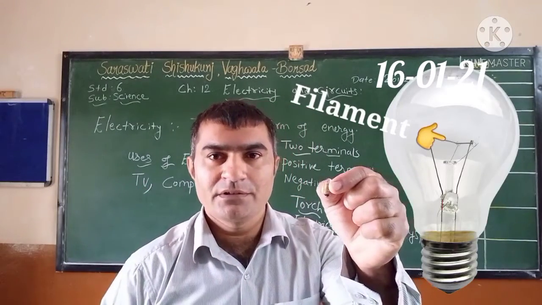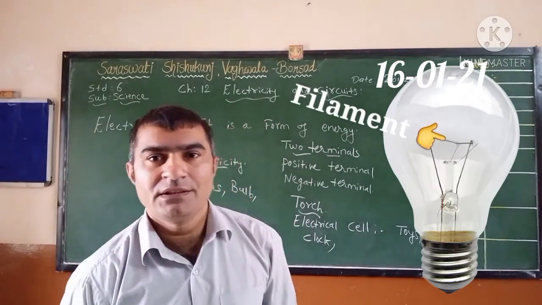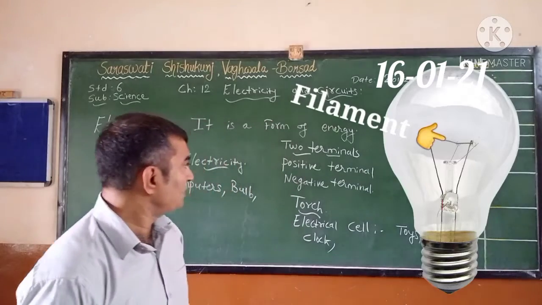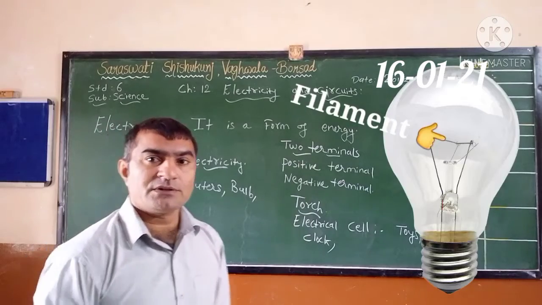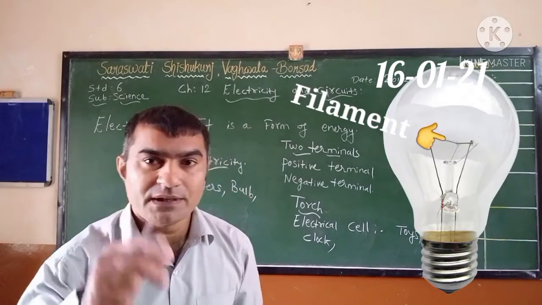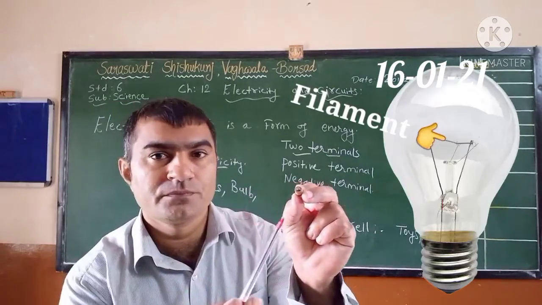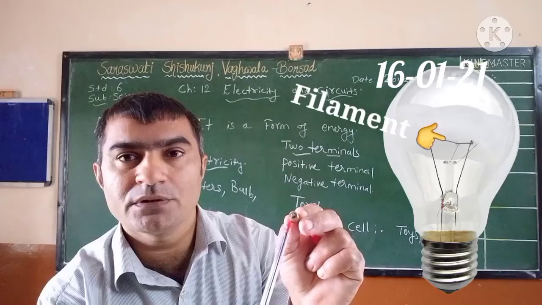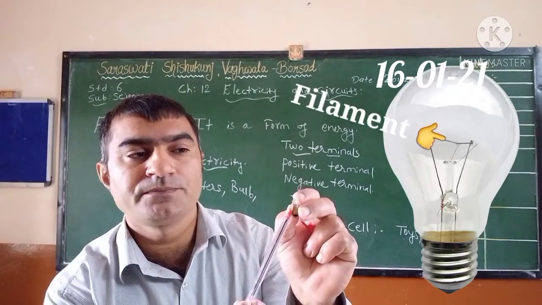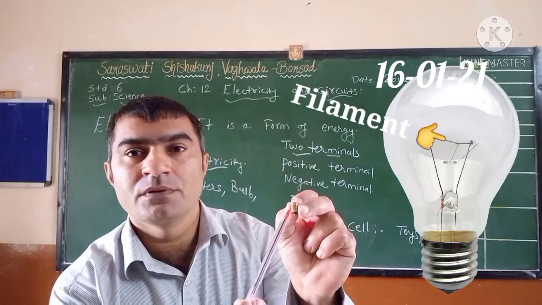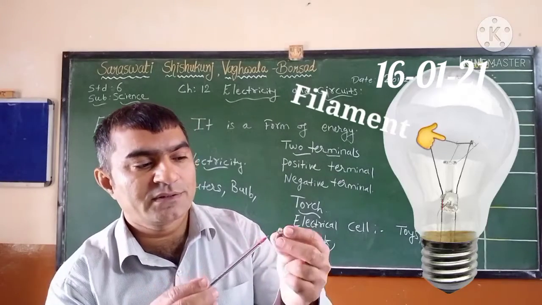We have seen that in a cell there are two terminals. Which are the two terminals? Positive and negative terminal. In the same way, a bulb also has two terminals. Can you see one terminal on the base of the bulb, right, and another terminal over here? So we can see that it also has two terminals, and this is made up of metal,